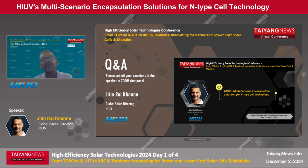On the other hand, if we focus on improving quality and performance, POE encapsulants become the top choice due to their superior durability and performance, especially in high-efficiency solar cell technologies like TOPCon. So considering both cost and performance, we believe the optimal solution is a combination of EPE and EVA. This combination will offer a balanced approach, providing enhanced durability while maintaining the cost efficiency, making it a great encapsulation